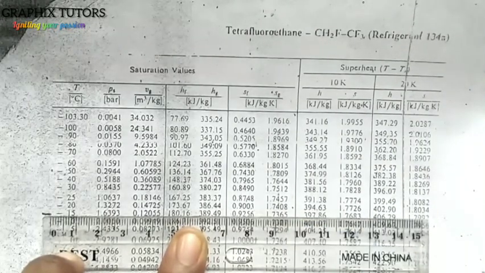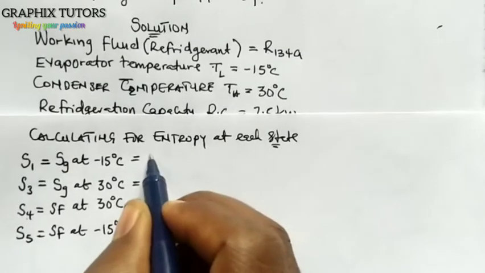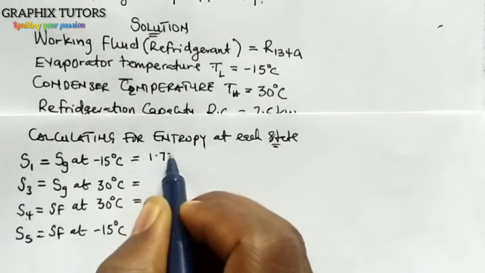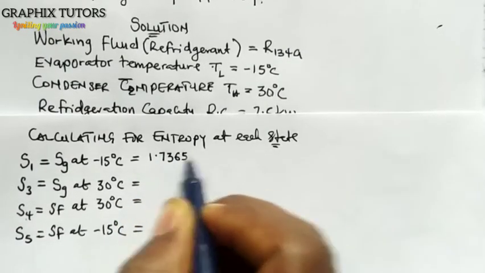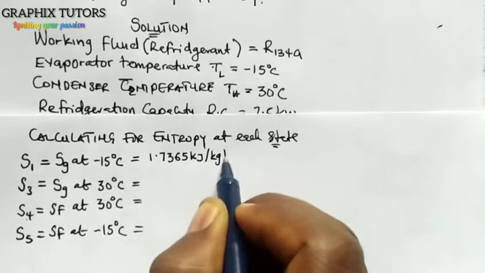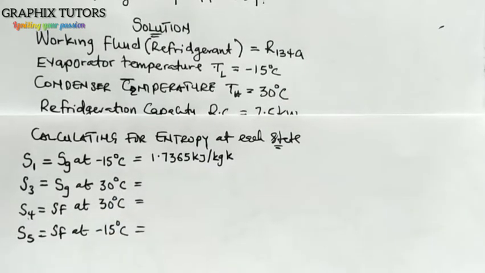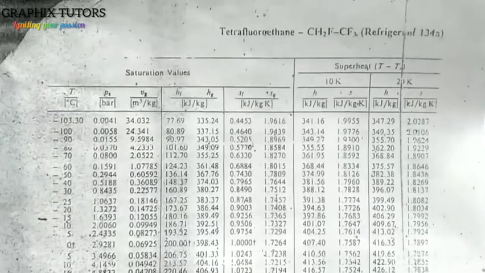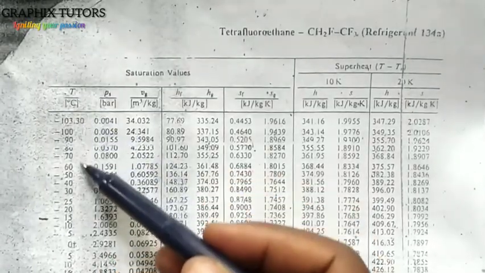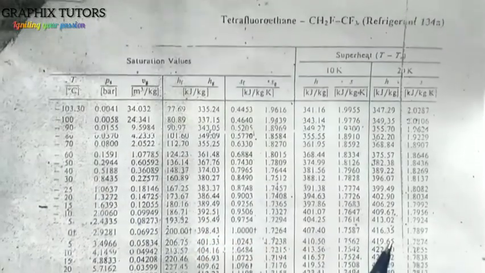1.7365. So you go and write it: 1.7365 kilojoule per kilogram Kelvin. That is the unit. You look for Sg at 30 also, the same thing. Now you trace it. At the temperature we're looking for, 30. This is minus 30, not 30, so you still be going down, and you're going to trace 30,